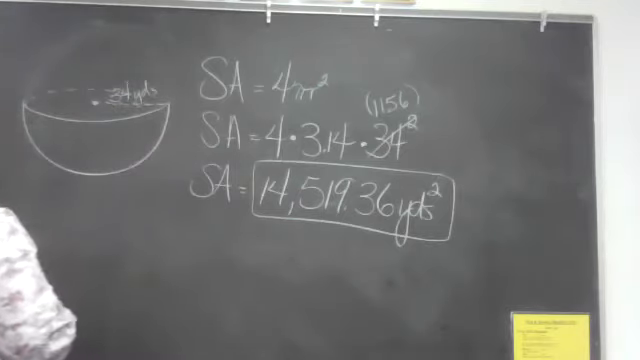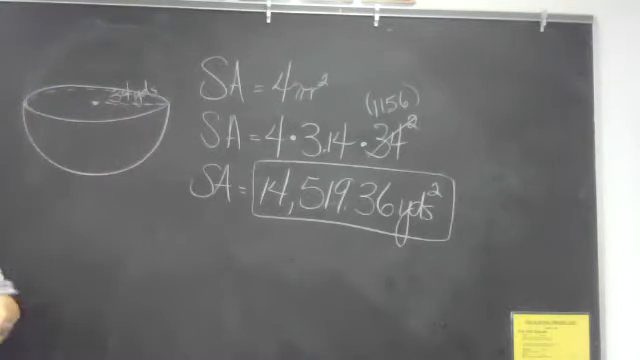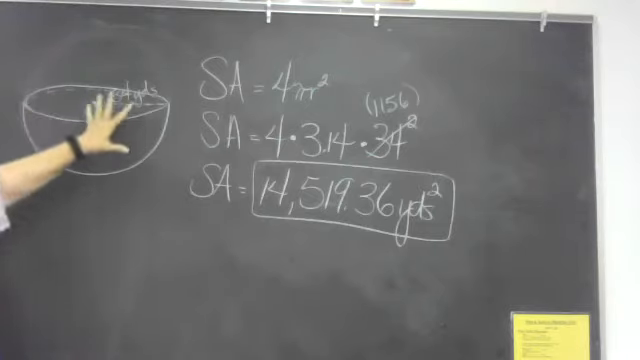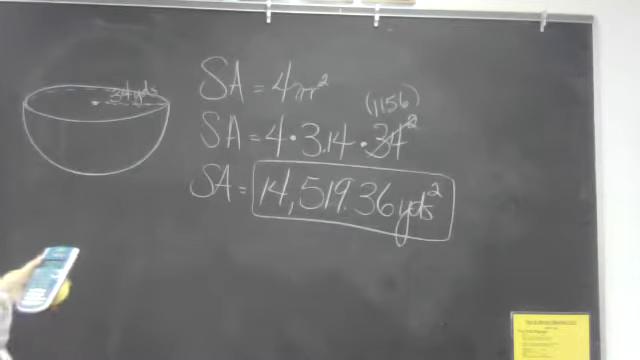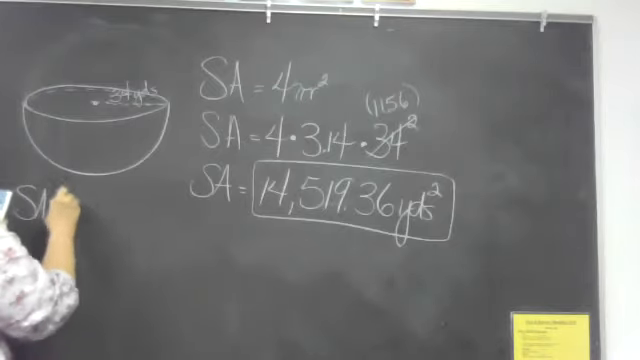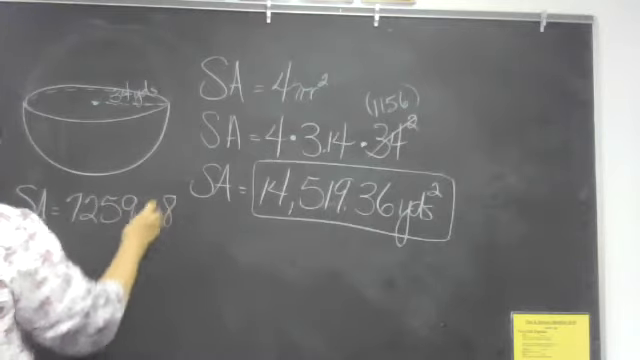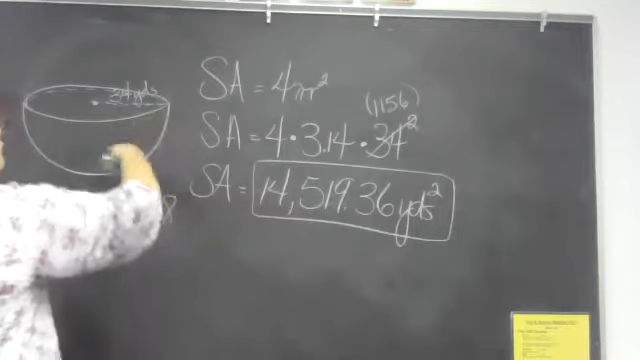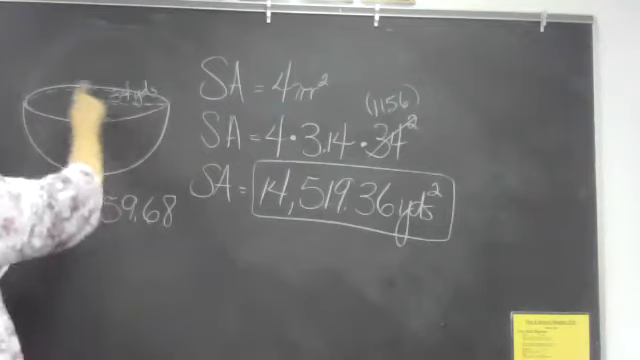Okay, here's our hemisphere now. It's hemi, it's half of a sphere. Okay, hemisphere. So if I divide that answer in half, that means to divide by 2, then I get the surface area equals 7259.68. I just divided a full surface area by 2, and now I have half a surface